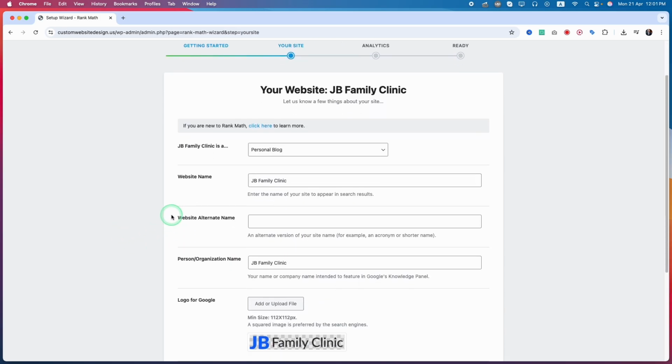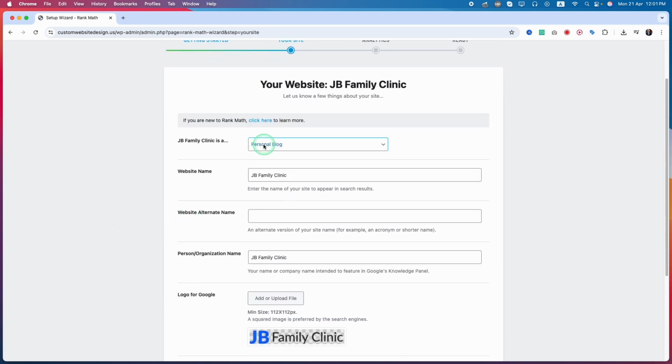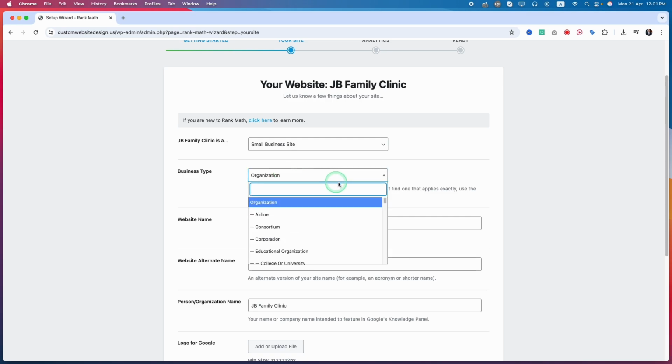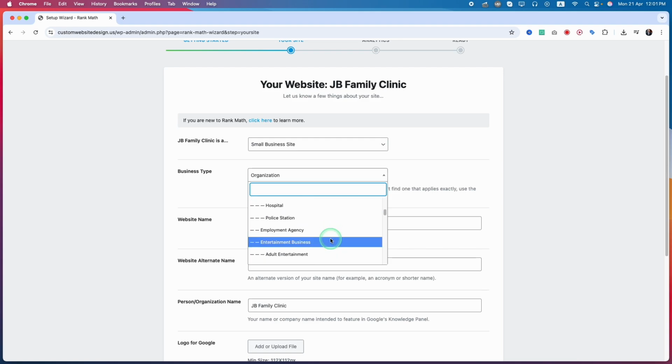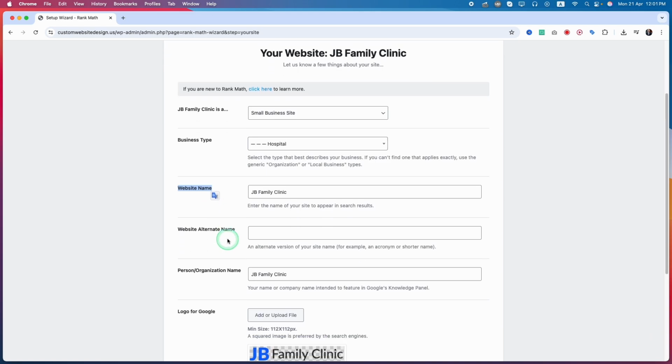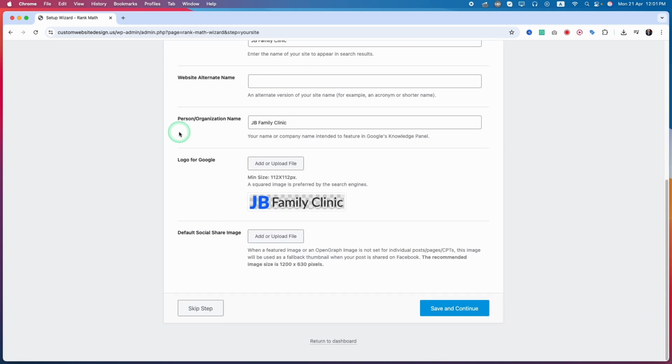Okay, here I have to add the details. In this case my website is a small business site, so in here I have to select the business type. In this case it should be health, so I will search health. Actually here we have hospital. Let's search health. No, we have hospital. Yeah, we have hospital. So select the business type and here is the website name, and then we have to